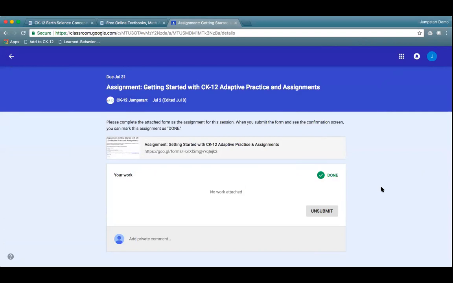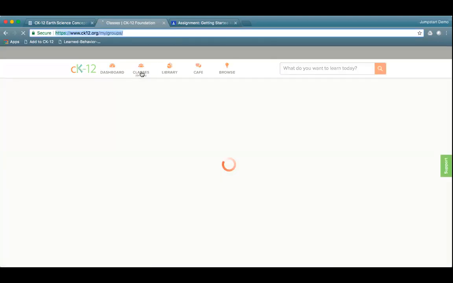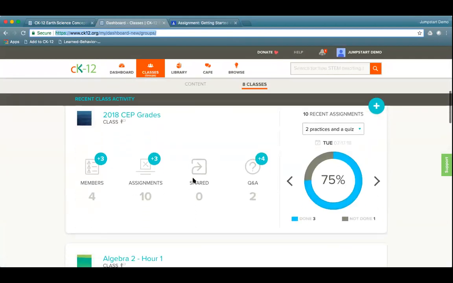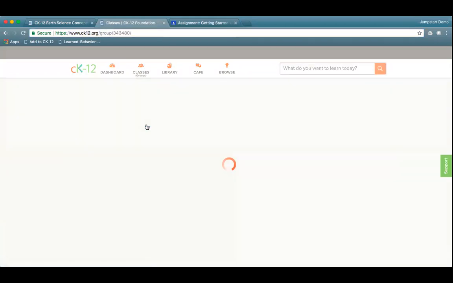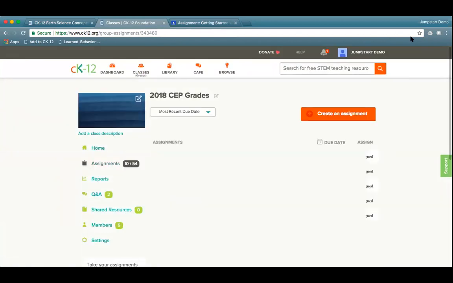And then there's this question about tracking of assignments and a class setup from year to year, so you don't have to remember all that you've assigned. So that's correct in some regards. So let me show you back here for a second in classes. And if I go into this part, I can see all of the content that I've assigned in the past